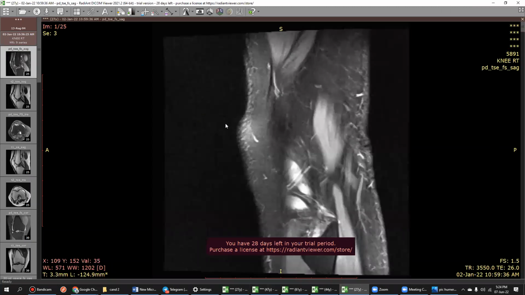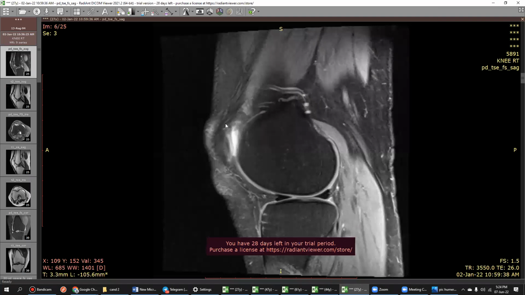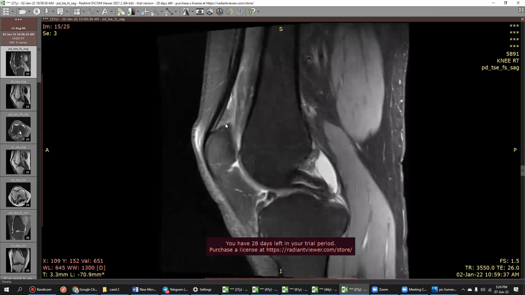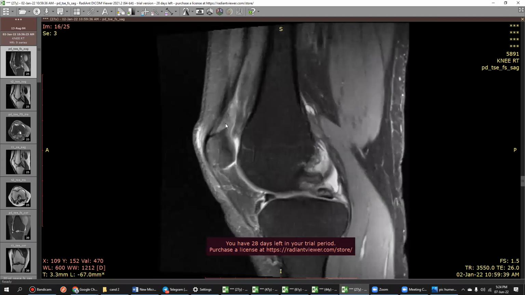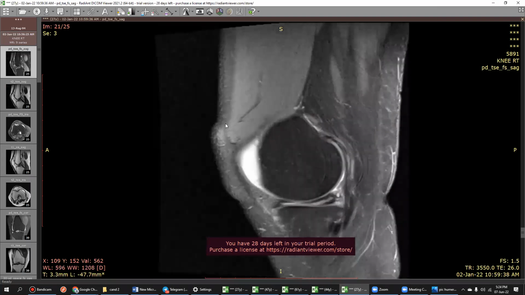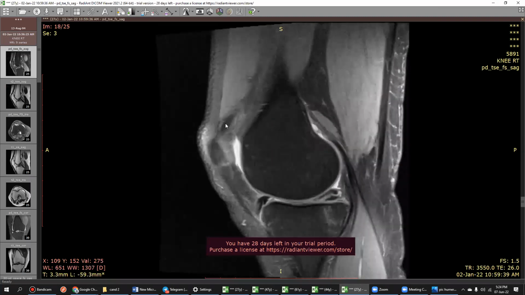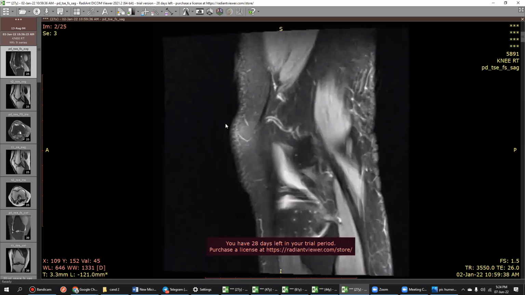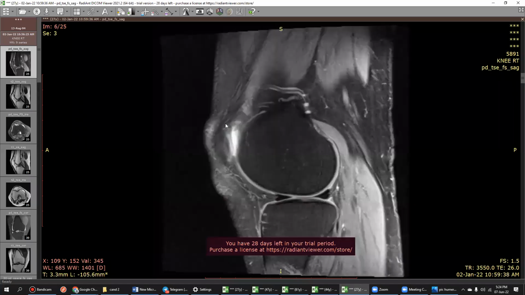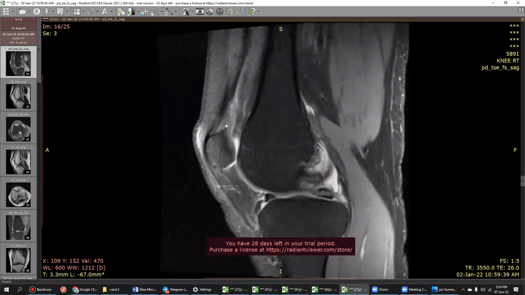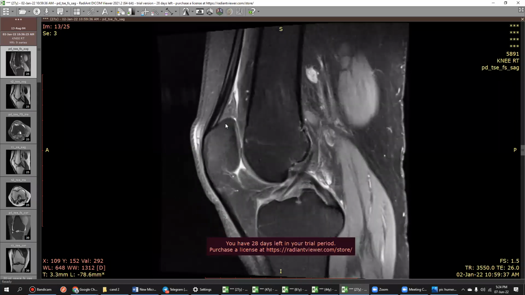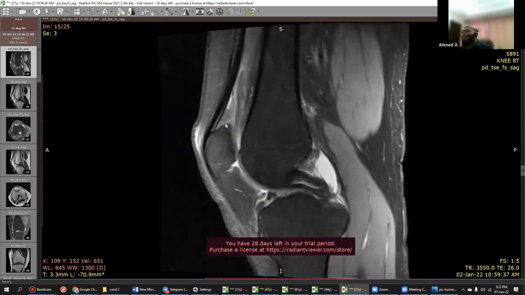So till now, I've seen effusion and medial meniscus tear. And I want to look at the bones better. Okay, there is double PCL here. And as there is a tear in the medial meniscus, I'm suspecting a bucket handle tear. I would like to see the coronal or axial images just to see the flipped segment better. So yeah, this is double PCL. Are you not seeing it better here? You are seeing it good. But anyways, no problem.